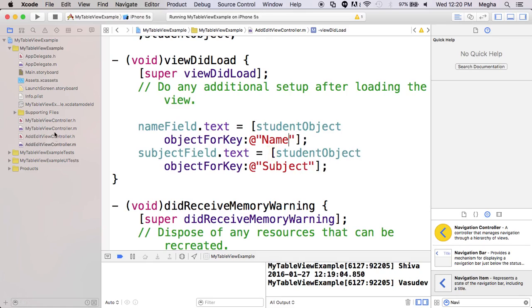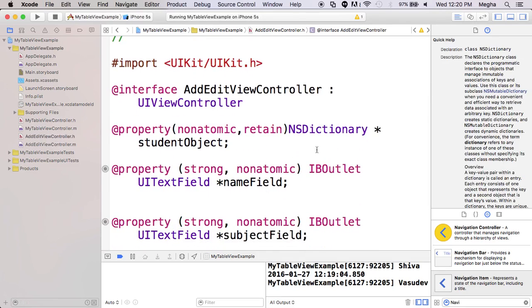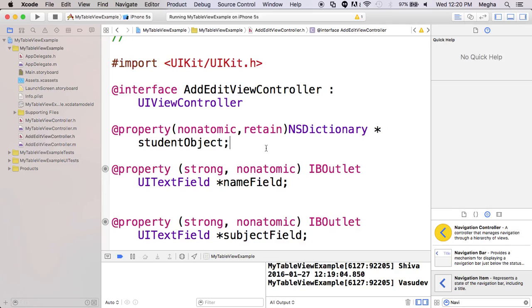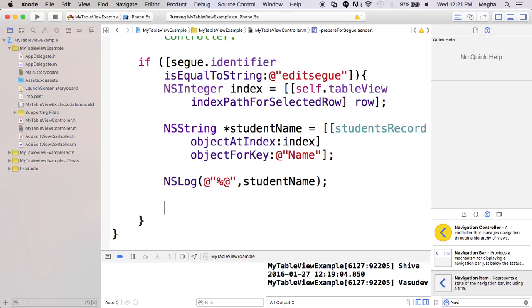So I defined a NS dictionary property in the header file. I mean, synthesized it, and now I need to point this value whenever the cell is clicked or whenever the cell is highlighted. So at this point,